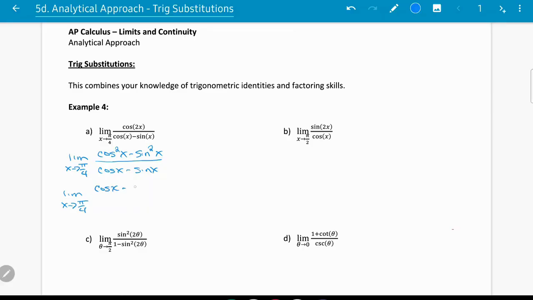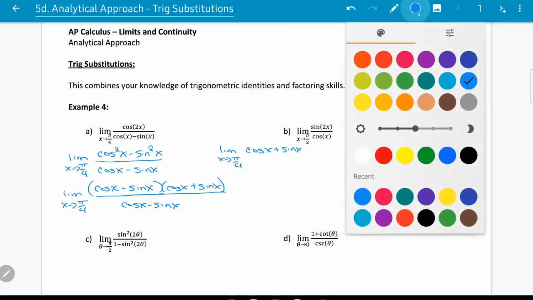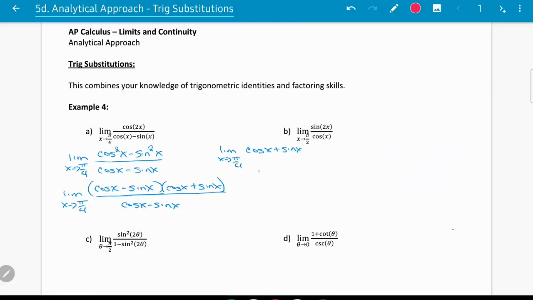So that becomes cosine x minus sine x times cosine x plus sine x over cosine x minus sine x, which then becomes the limit as x approaches pi over 4 of just cosine x plus sine x. And now we can use direct substitution, and so we have square root of 2 over 2